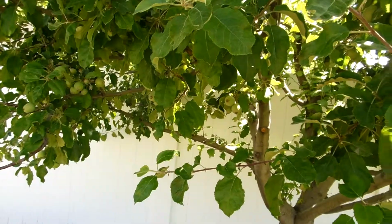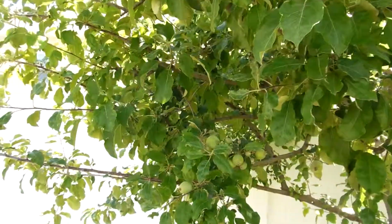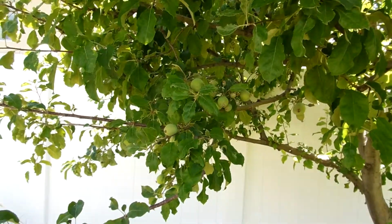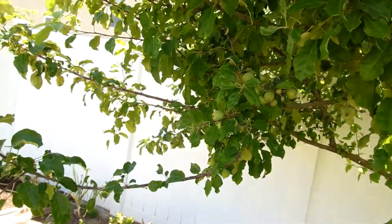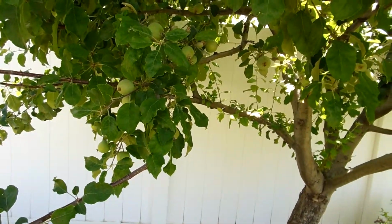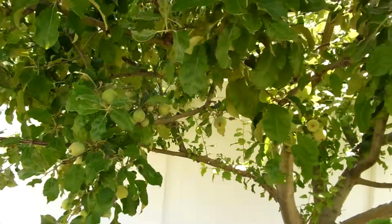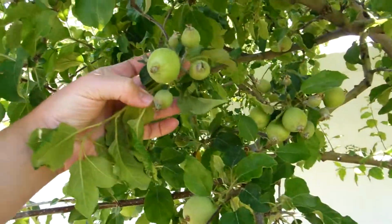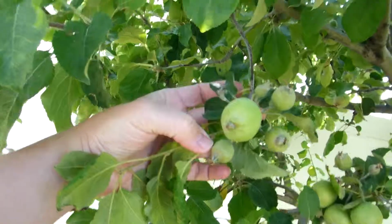The year before that had tons of fruit with worms in them. So what I read about it is that the tree will go into the alternate bearing cycle, or every other year type thing, where it puts out a ton of fruit, and then the next year it takes a year off because it doesn't feel any need to put out the fruit. So basically what I need to do, and part of that is because whenever it has this is one blossom